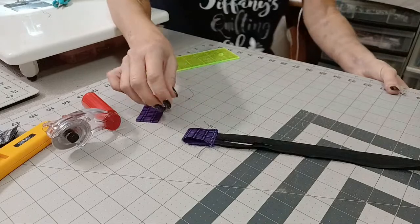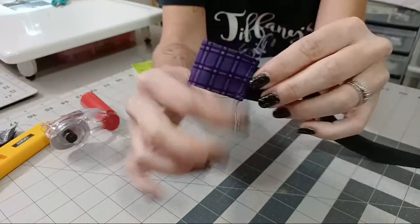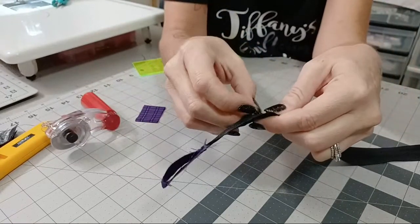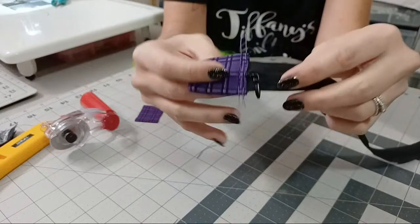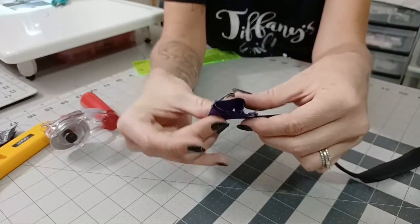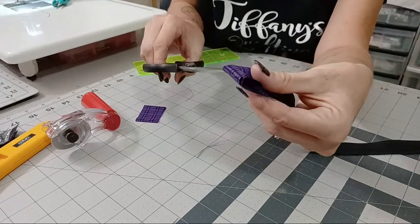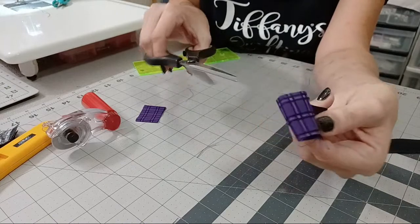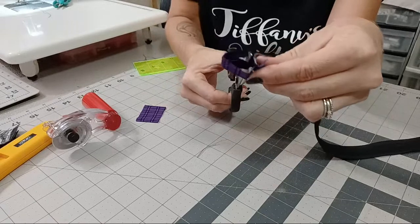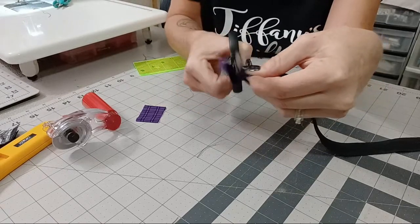Okay, so this is what I have so that you can see under the camera. Don't mind the threads. We're going to trim all that off so that when I close my zipper, it comes right up to that and seals it completely. And then the only thing that we need to do now is slip this open like this, because you're going to have way too much bulk if you leave that excess zipper in there. And I'm going to slide my scissors inside here without cutting it, so you can see in the center. And I'm going to cut about right here, a 1/4 inch